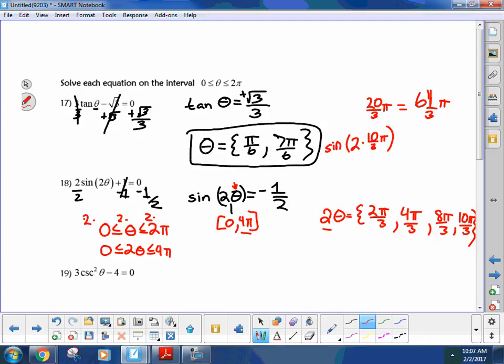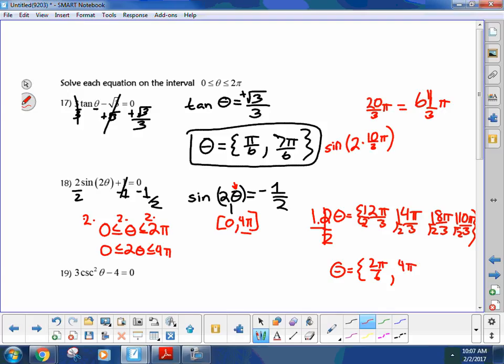So I need to convert my solutions so when they go as an input, they stay in the interval. And the way I do that is I solve for theta. So I divide by 2. Now you can think about these as dividing by 2. I find it easier to think about it as multiplying by 1/2, which is the same thing as division of 2. 1/2, 1/2, 1/2. We have the benefit of that cancels, so the solutions actually just come out being 2 pi over 6,